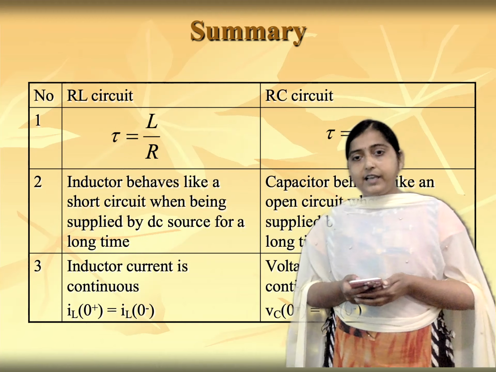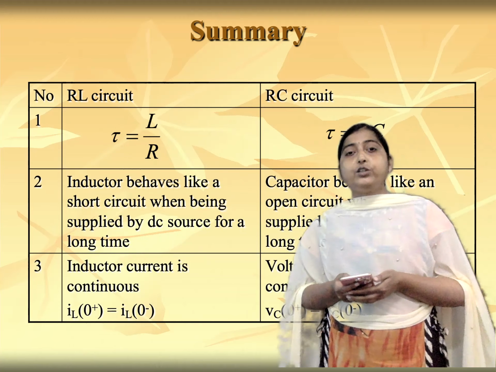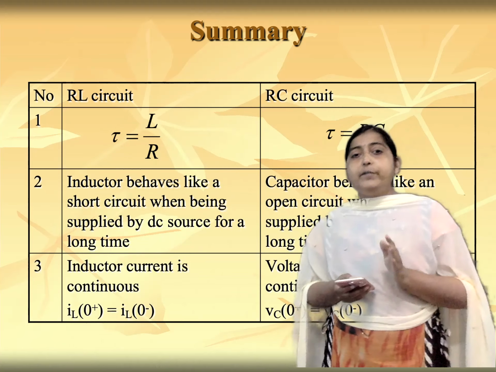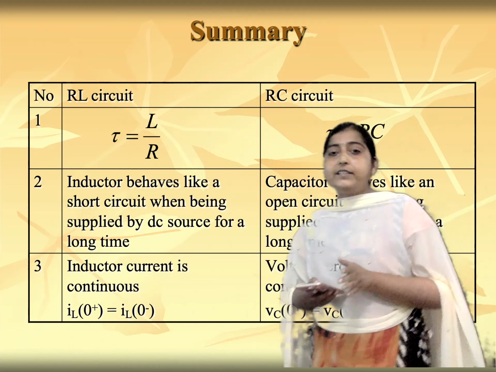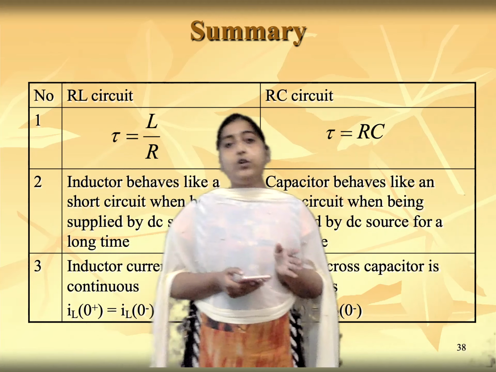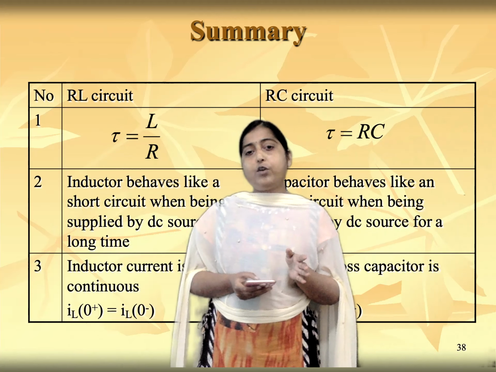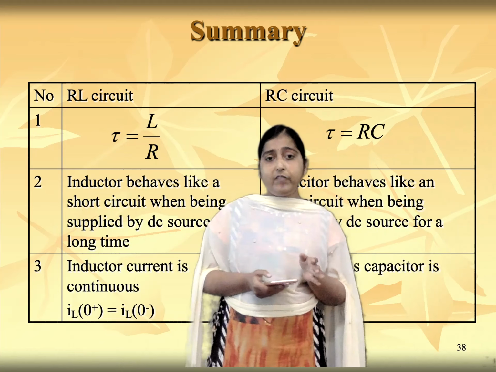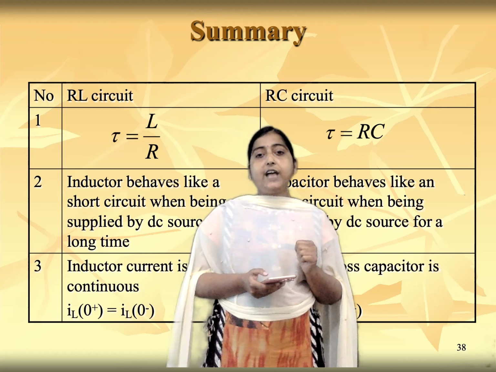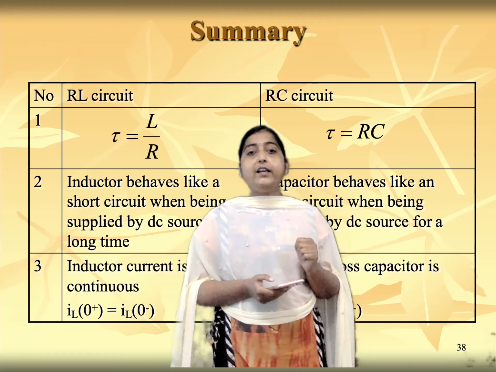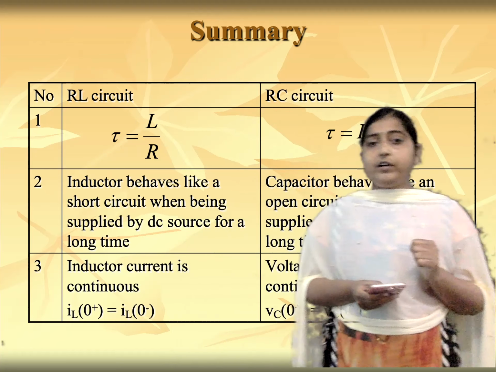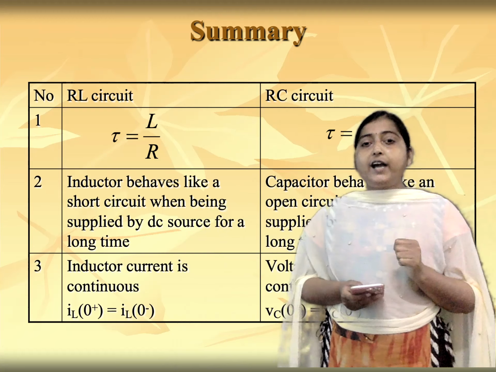In the next class, we will discuss the combination of L and C with R. Now you understood the basic difference between an RL circuit and an RC circuit under different conditions of time, when t is less than 0, equal to 0 or greater than 0, how the inductor and capacitor behave. What is the time constant of the circuit? The time constant is the amount of time taken by the RL or RC circuit to reach the maximum steady state value of the voltage or current. So, this is about the RL and RC circuit.